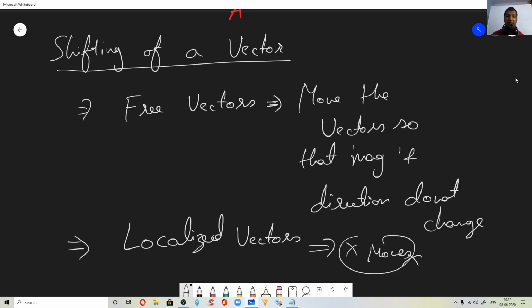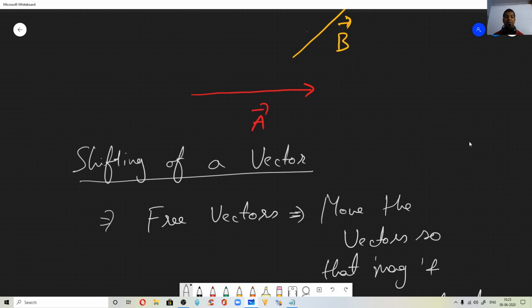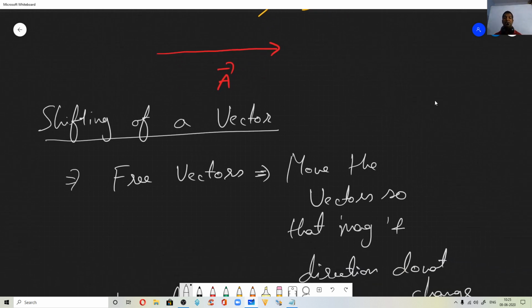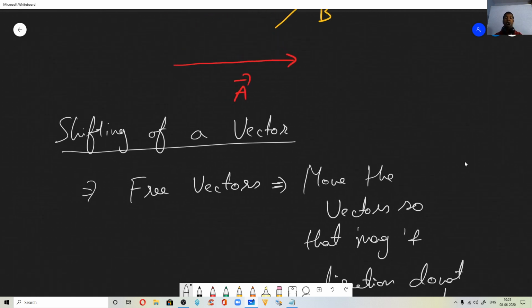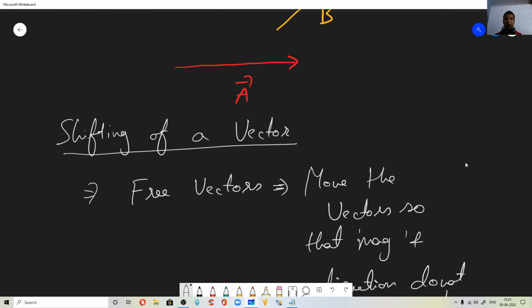Now let us consider the addition of vectors considering shifting. You are able to move. What is meant by shifting? Shifting is nothing but moving the vector on the plane. For example, right now you are looking at your phone screen or the computer screen. The computer screen itself is the plane; you have to imagine that. You are able to move the vectors so that you will not change the length of the arrow and you will not change the direction to which it is pointing.